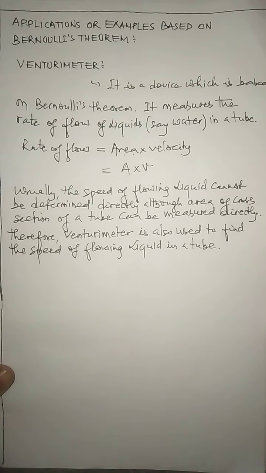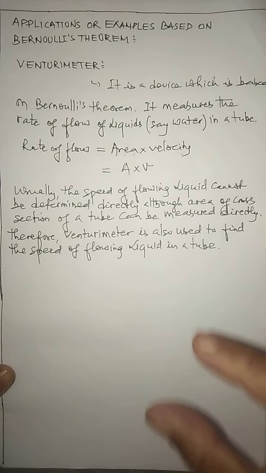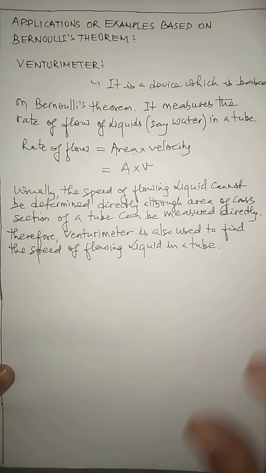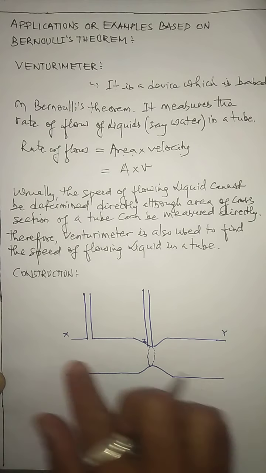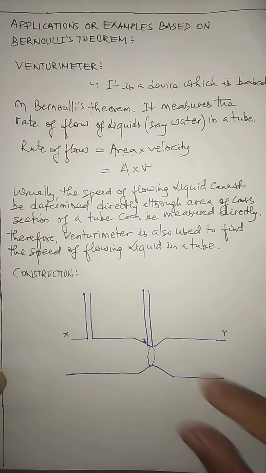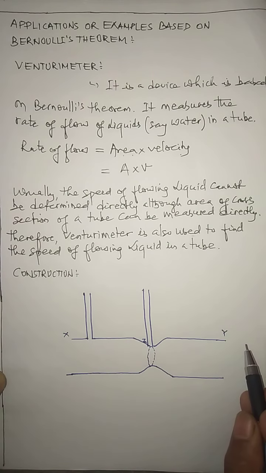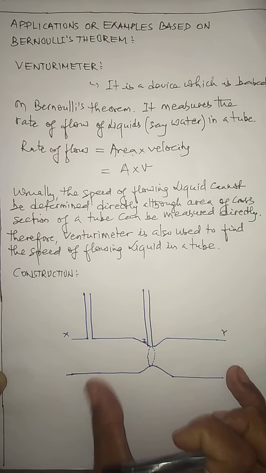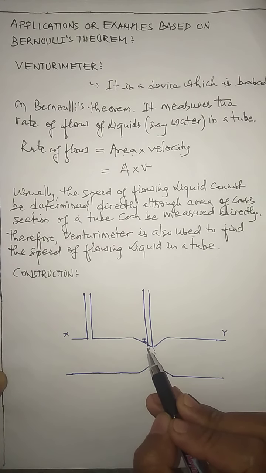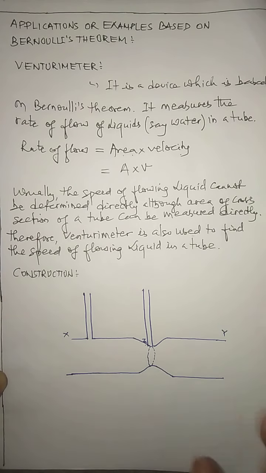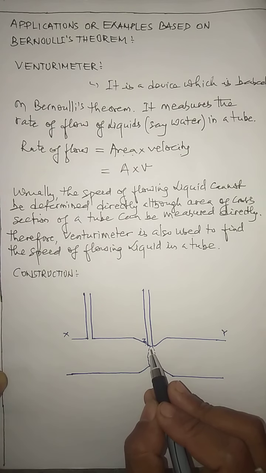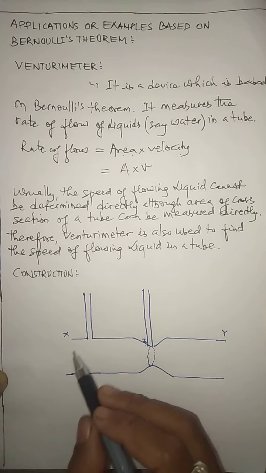Now before we measure the speed of the flowing liquid at every cross section of a tube, let's come back to the construction part of this venturimeter. From that construction we come to the expression of the speed. Now this tube is basically a horizontal tube. You can see in the diagram, children, this is a horizontal tube XY, where there is a narrow part at the middle, and this narrow part is marked by the letter Z. So XY is a horizontal tube where this end has a narrow part having a smaller area as compared to this end.